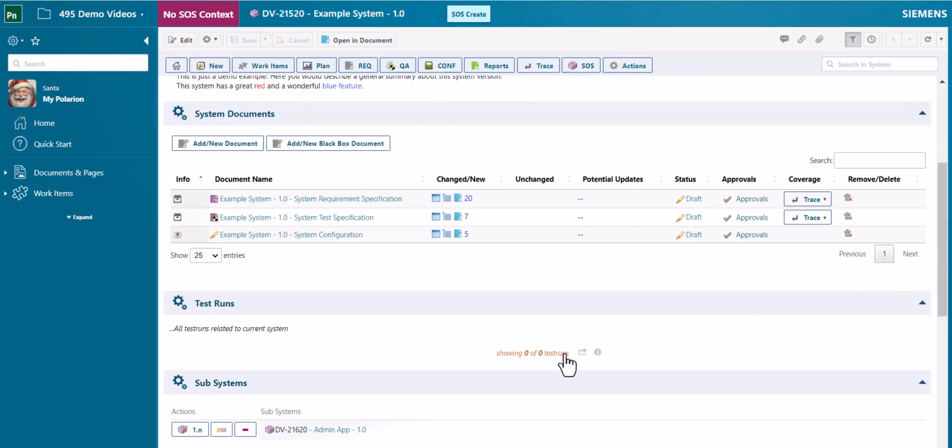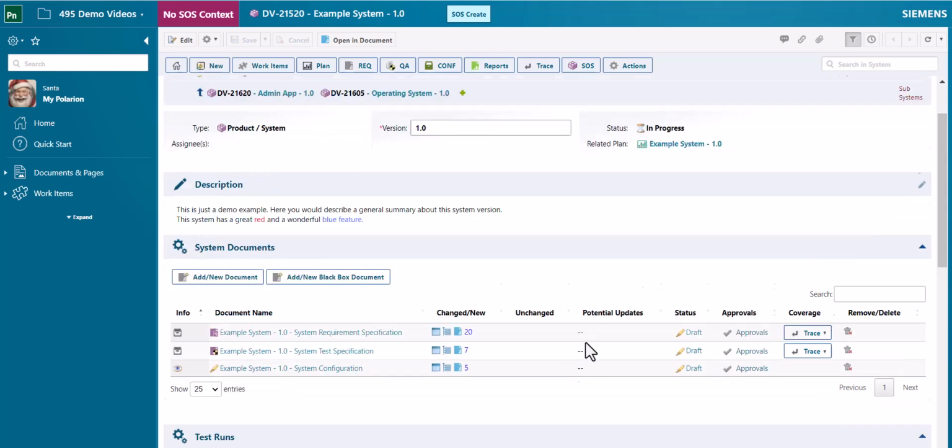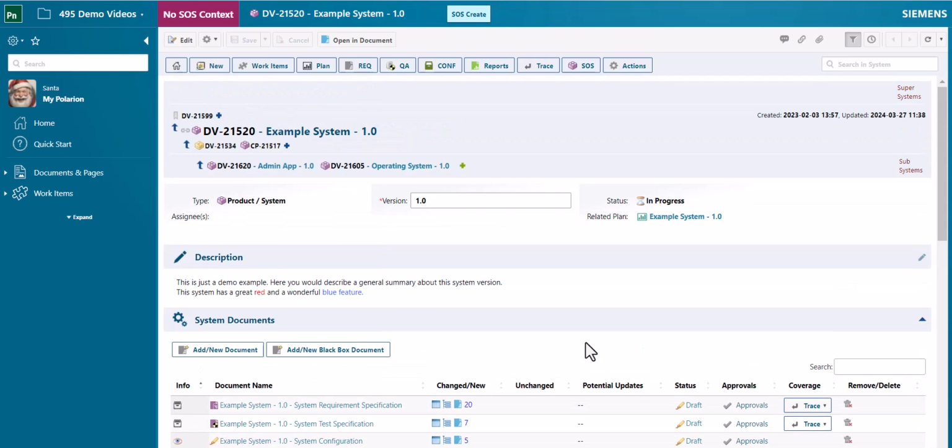There's more to it, like test runs, releases, and so on, but that's not important really to understand the basic concept. So let's assume you have specified version 1.0 of your system and you want to start specifying version 1.1. Now we need a new container where we can find all the relevant documents for that specific version. To do that, you click on New Version,